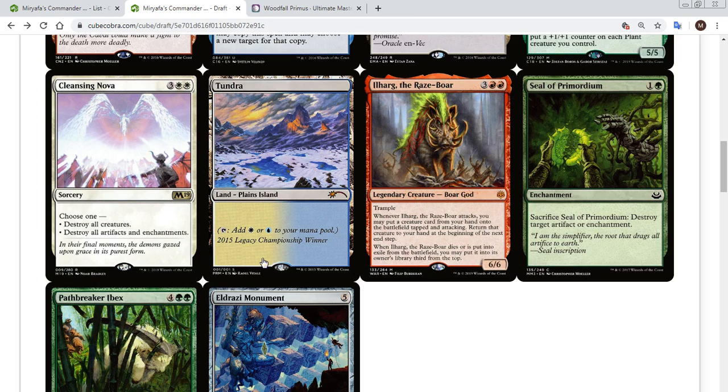Tundra, great card. Ilharg the Raised Boar, another great... no, wait, no, I was thinking of something else. Ilharg, I think he's fine. Some people like him a lot more than I do. Obviously, he represents a threat, but I don't...